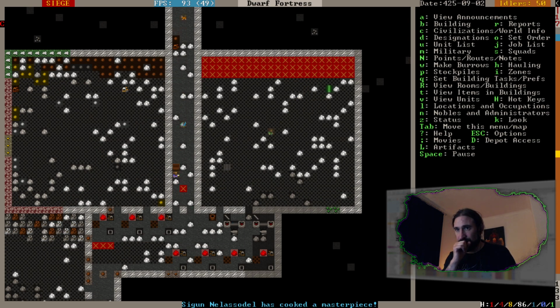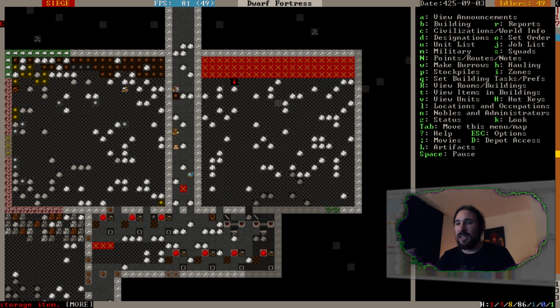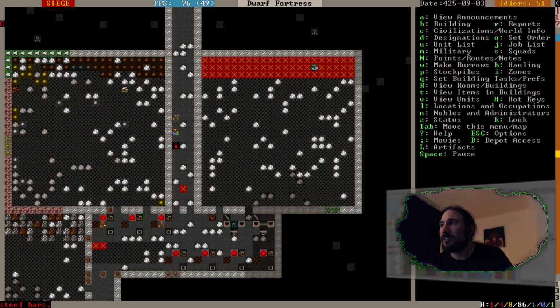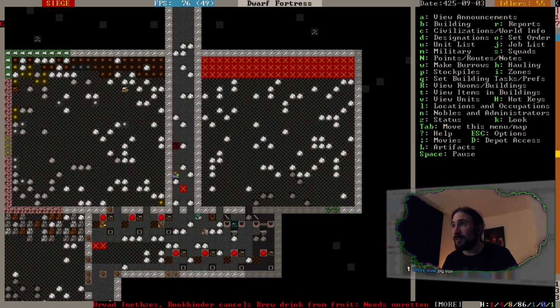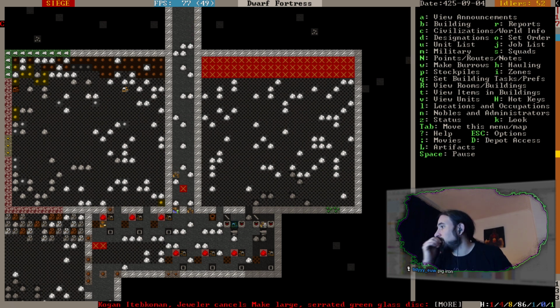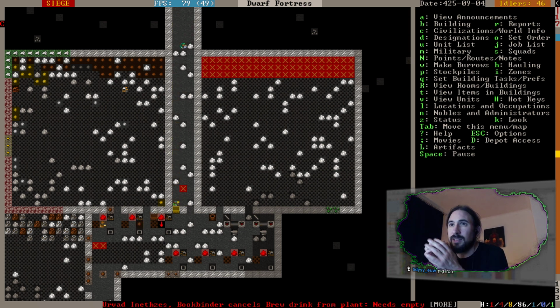We need to make charcoal for steel. Hang on, let me just Google it. Why am I sitting here scratching my head when I could just type in DF steel? There we go. Dwarf Fortress Wiki. Someone's probably put the answer in. Pig iron. Oh, okay. Steel